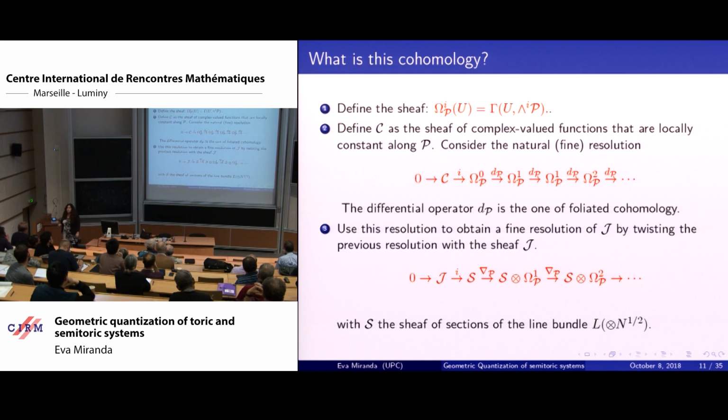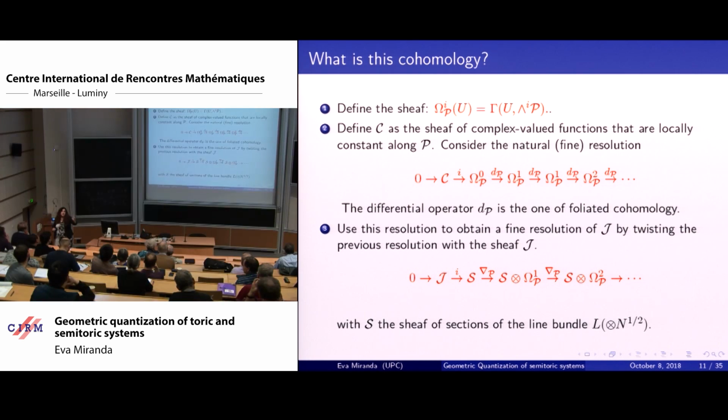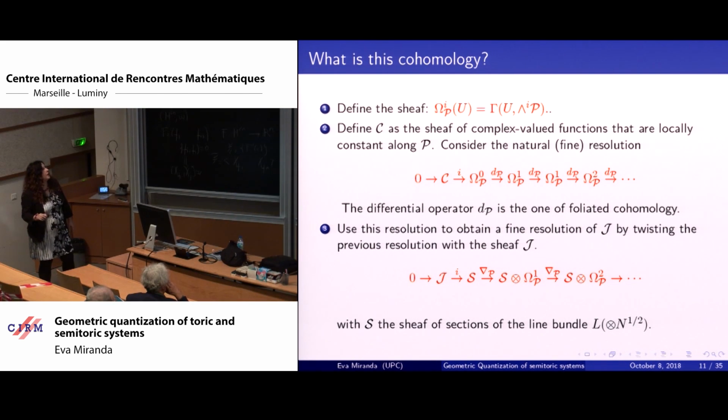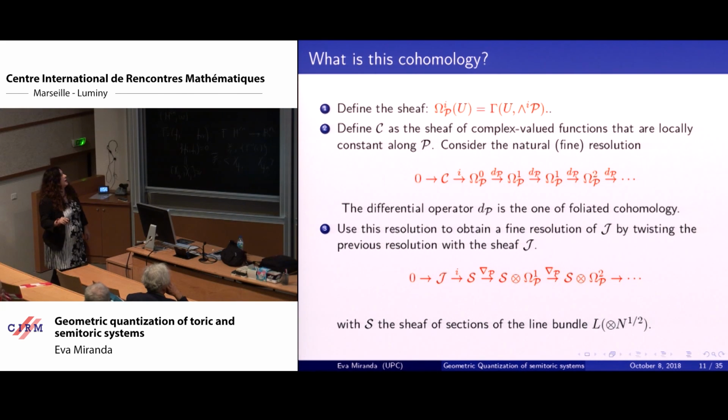So I can compute sheaf cohomology from the de Rham cohomology, just projecting on the tangent. I take the de Rham differential on the ambient space, and I project down to the polarization. And this works well. So one idea would be, okay, this is a nice fine resolution of the sheaf of complex valued functions. So let's just twist this with the sheaf of flat sections, and let's see what you get. That's the idea: we just twist this resolution with this sheaf, okay?